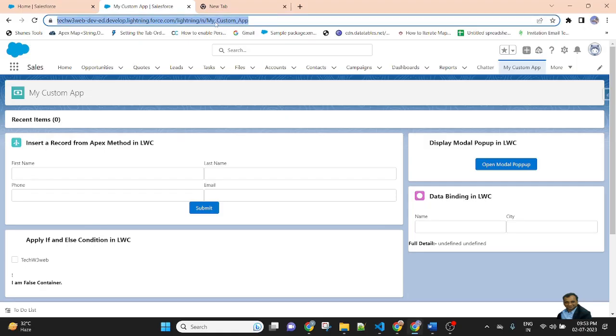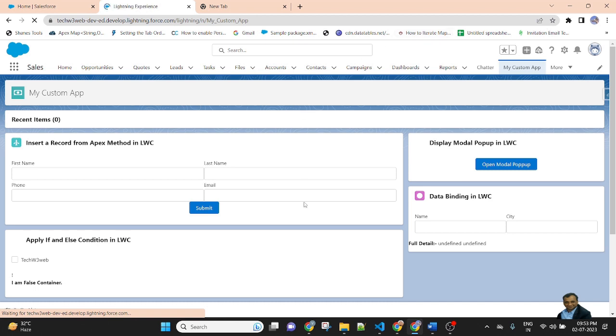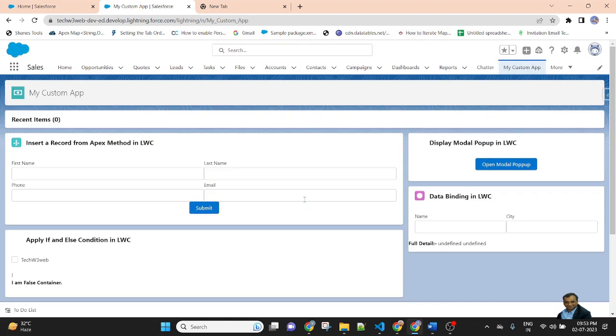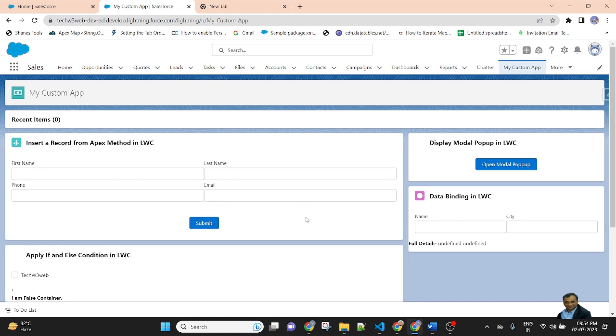Now refresh the page. So after clearing cache and cookies, the space is displayed here.